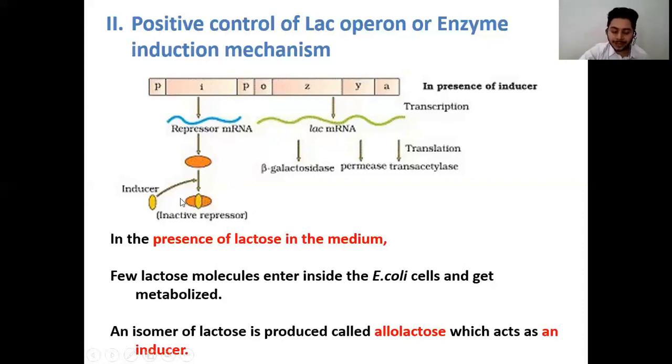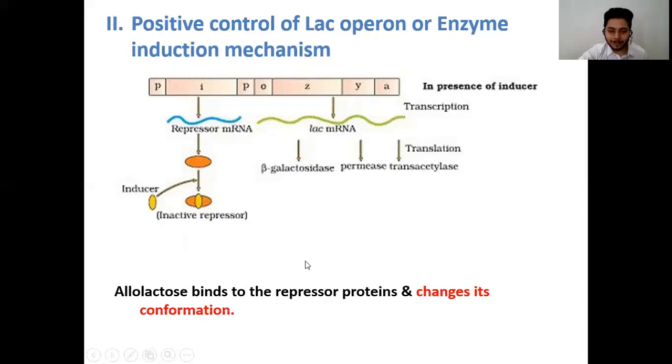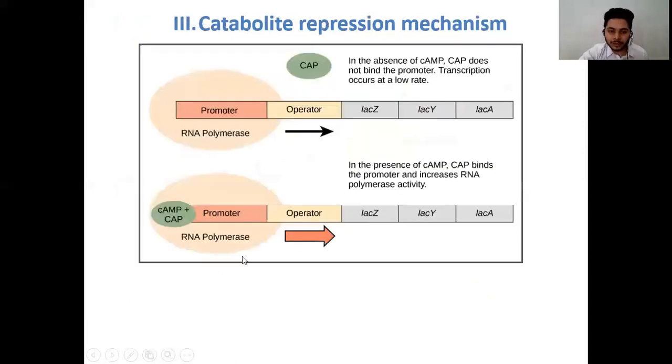So we already know that once the 3D conformation of any protein changes, the function of that protein is lost. So now these repressor proteins with the changed conformation can no longer occupy the promoter operator region. So these cannot bind to the operator region. And therefore, these repressor proteins are said to be inactivated and the operator site is no longer blocked. So now,